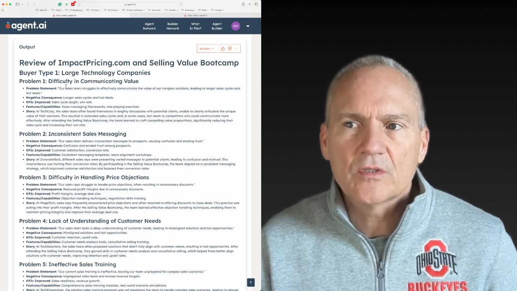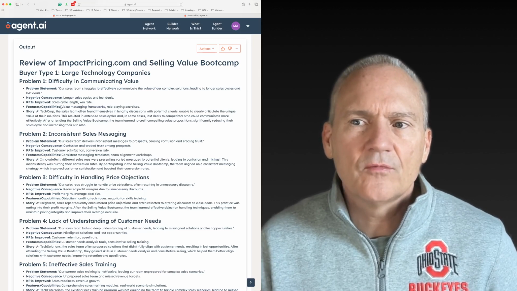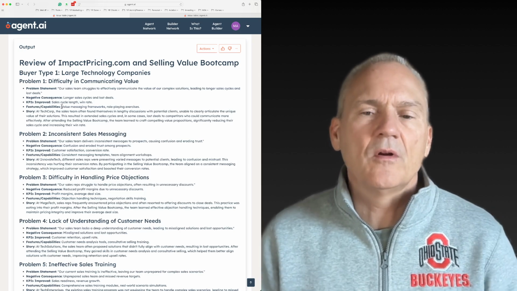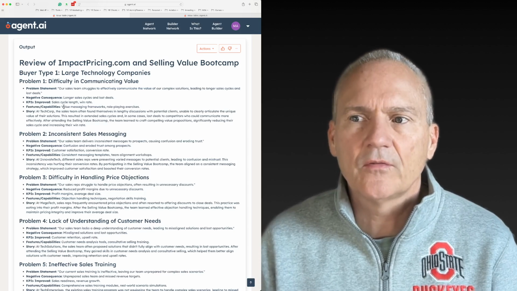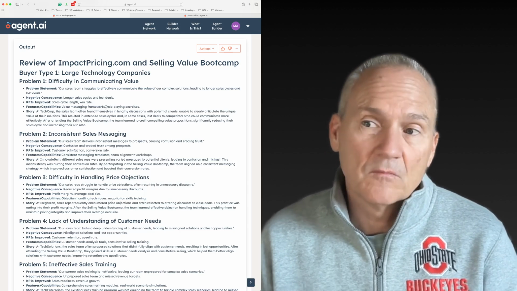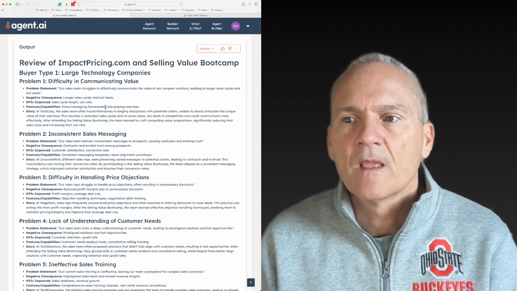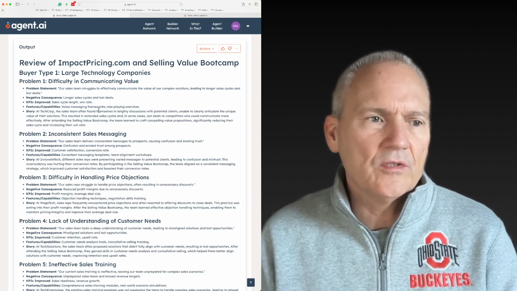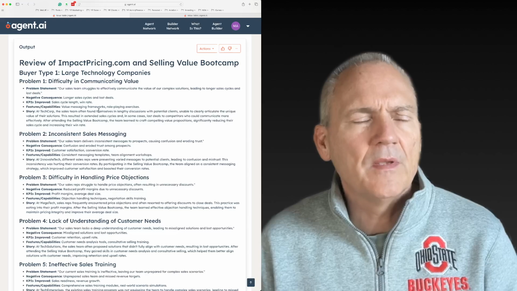So you'll notice we just did the problem and the results. Here's the actual features. So what are the features that are part of this Selling Value Bootcamp that might help achieve these results? There's value messaging frameworks and role-playing exercises. Okay, so the value messaging frameworks is the value table we're playing with right now. And then I asked it for a story. Just tell me a story to try to make it a little bit more